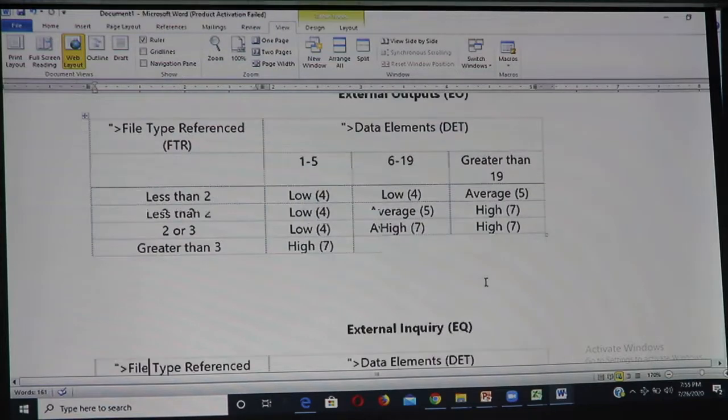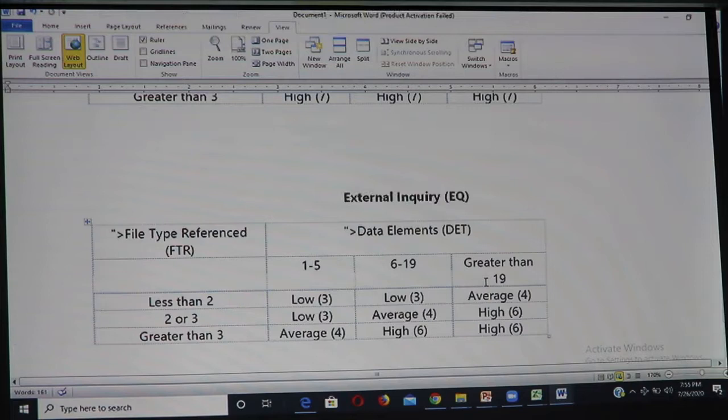Then the third table is external inquiry, again a similar concept, where we have less than 2 file types referenced. Let me repeat again: file type referenced is very clearly a table that we are talking about here, and data elements are nothing but the number of fields.